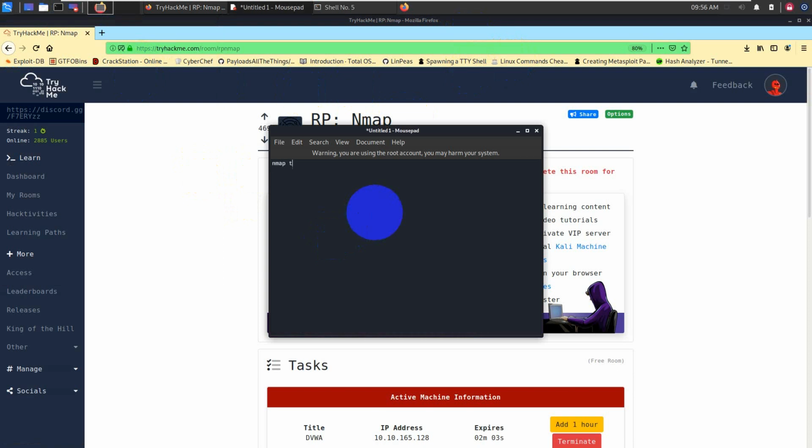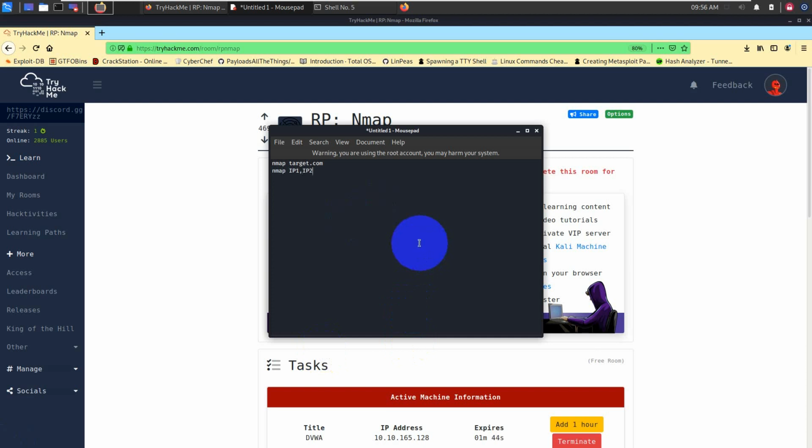nmap website, like target.com, that you can specify, and it will start scanning. Now if you are scanning multiple IP addresses, then you can do it by typing nmap and your IP1, comma, IP2, and that way, right?